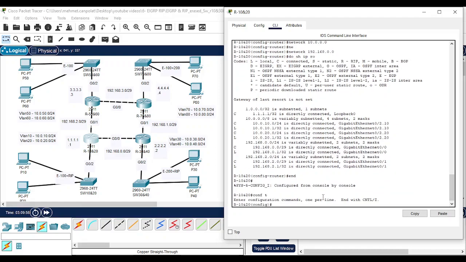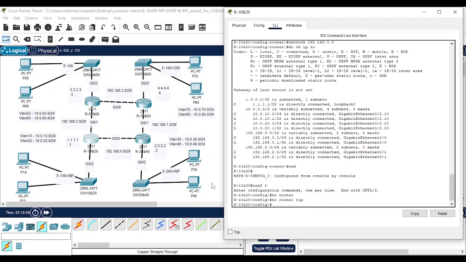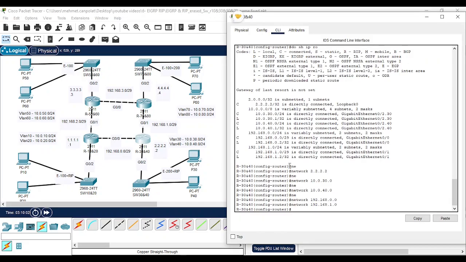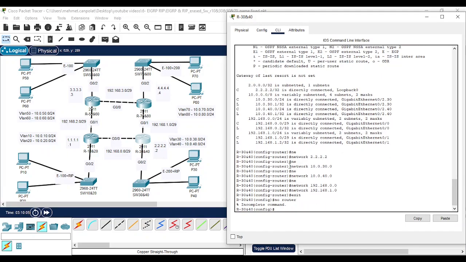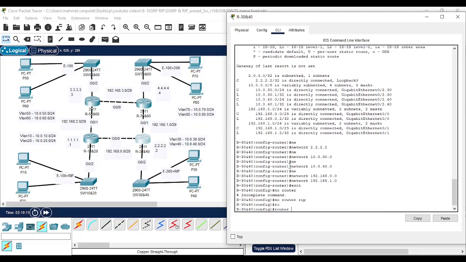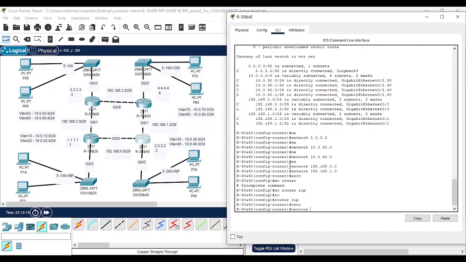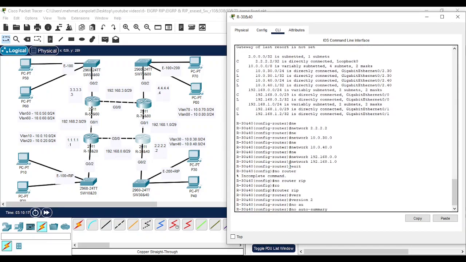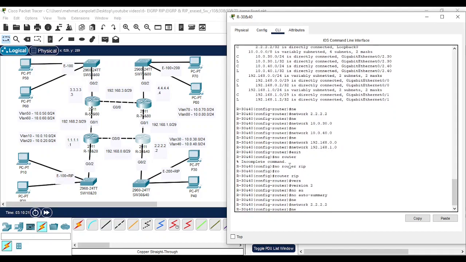So config, no router RIP. This will delete all the previous setup. I will also do this here, no router RIP. Then I will define it from the beginning, router RIP. This time I need to add the version again, no auto-summary. Then I will define network L0,